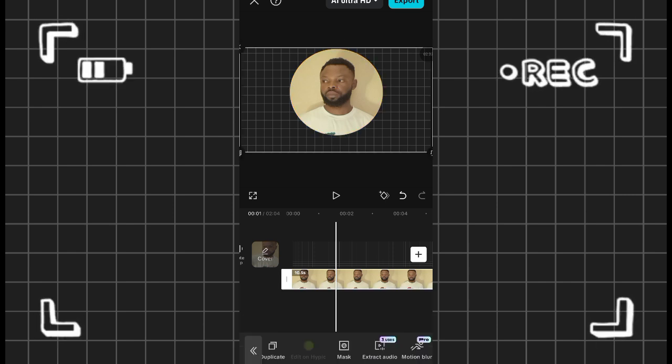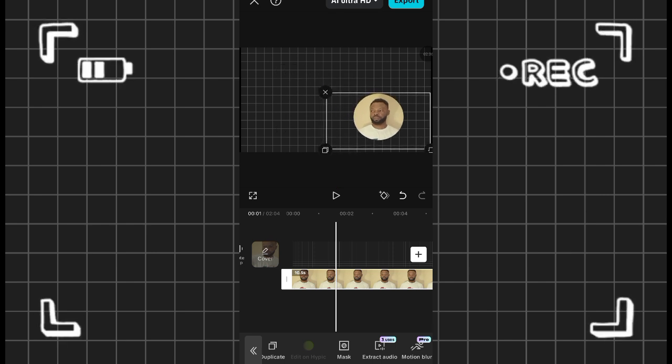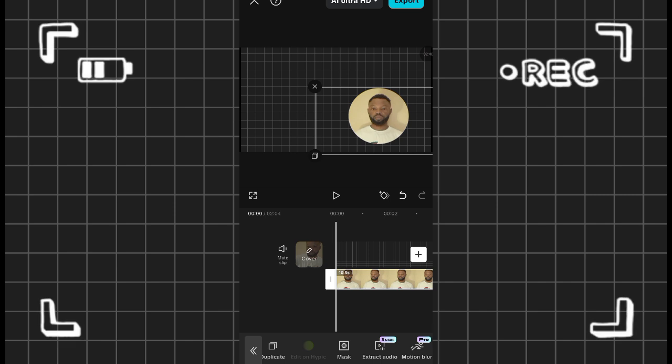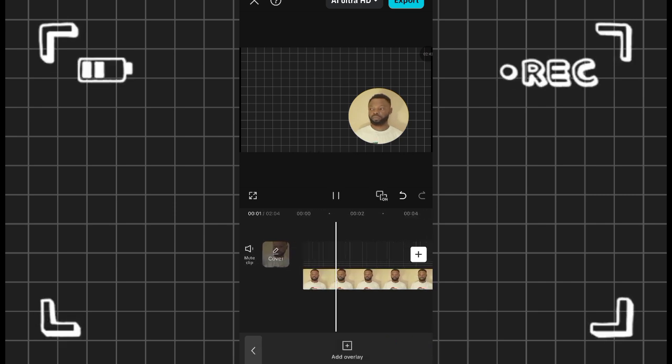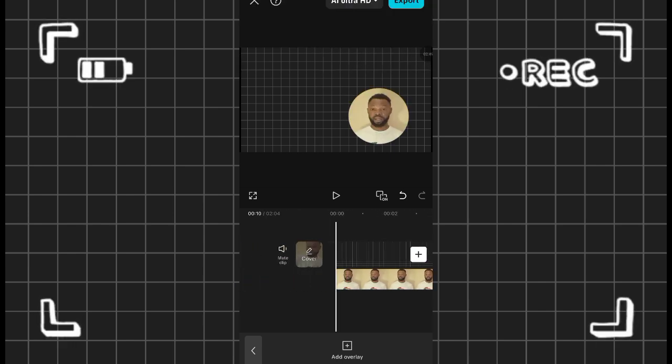Then after that, use your two fingers to adjust your clip, your circle. You may make it big, you may make it any way you want it to be. Then if you play it like this, you are going to see how it's playing in the background. Then after that, if you want to spice up this video, you can click on the circle of your overlay